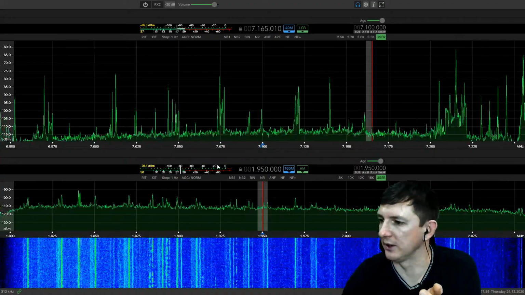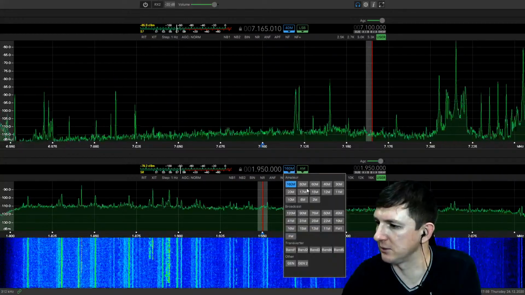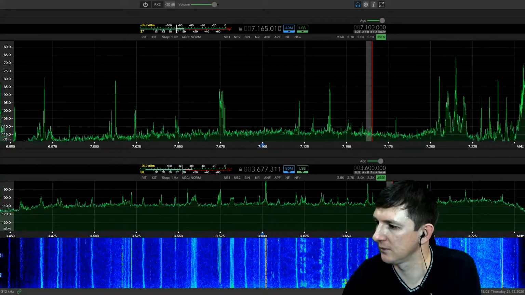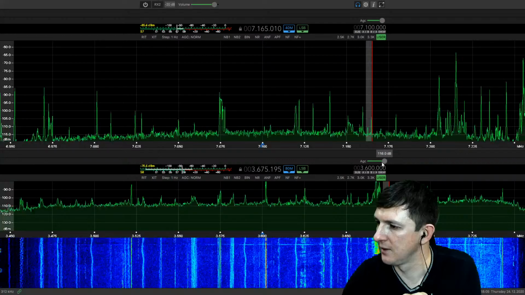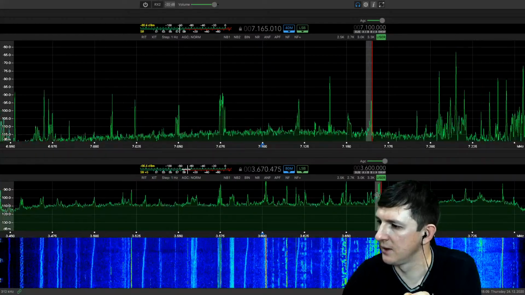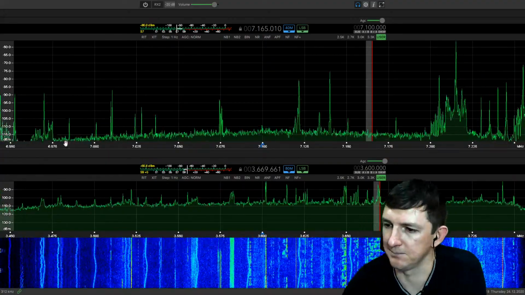And now we can open a second receiver for another band, for example the 80 meters band. It works fast and properly, no problem.